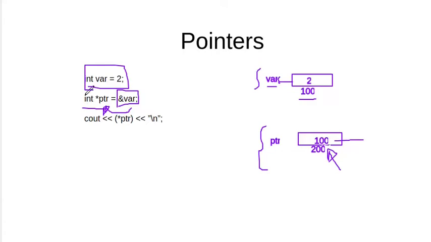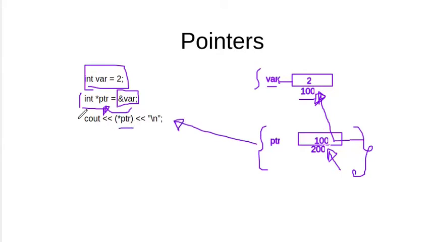While declaring the pointer, we use the asterisk sign. This is used to declare the pointer variable. Why is it called a pointer? Because from this pointer variable ptr, we can point to the variable var. This means we can execute all the operations from the pointer itself. We can change the value of the variable, or print the value of this variable with the help of ptr.